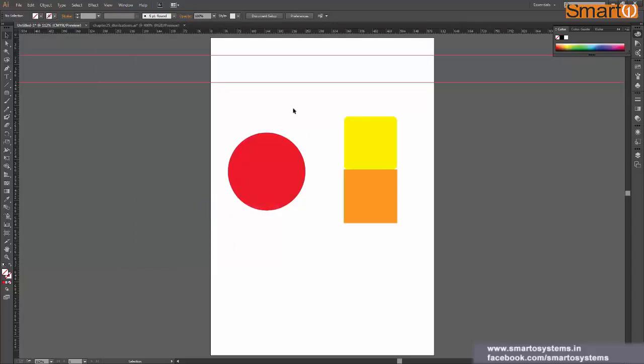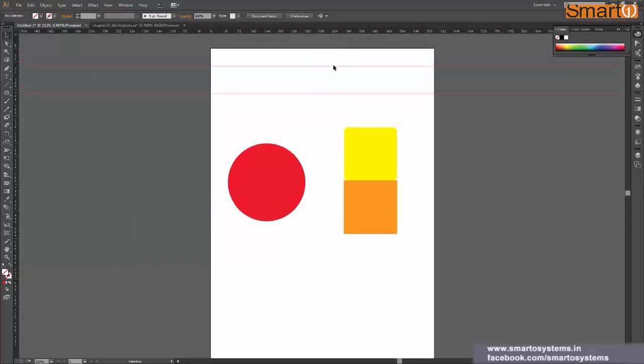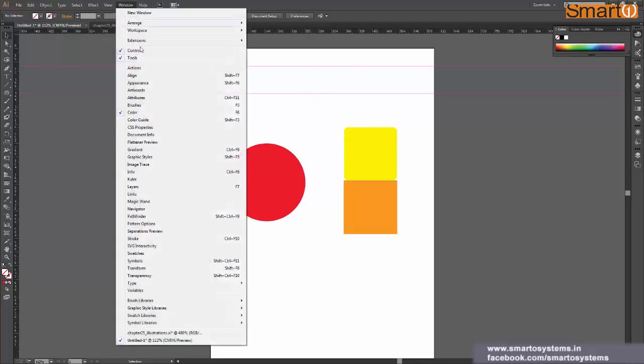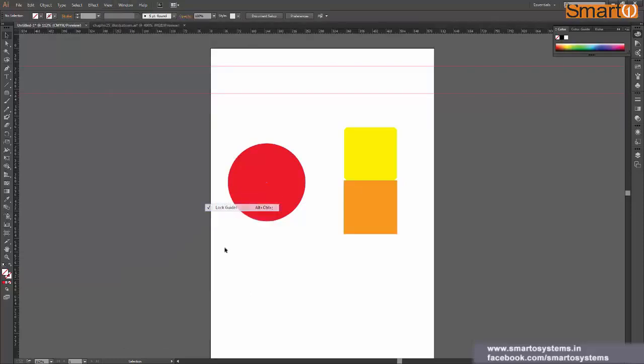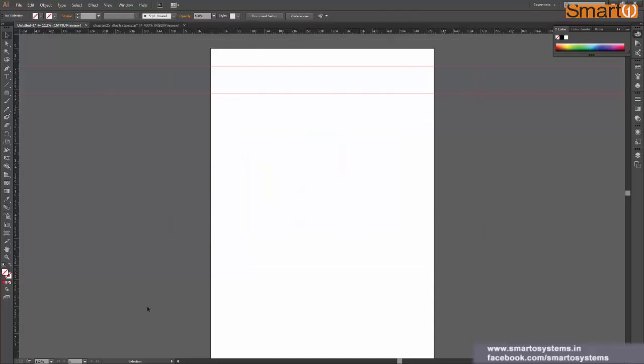So it got locked automatically without even any selection. And if you want to lock or hide any particular set of guides, then you can just select them and say lock and unlock. So I'm just going to unlock it right now and select all of this and press delete.